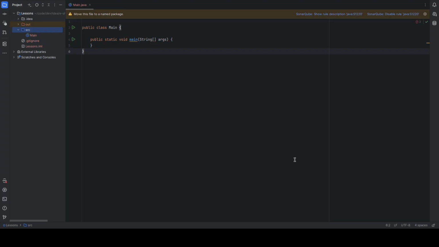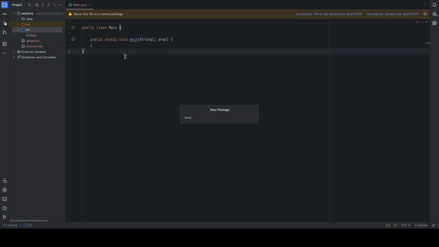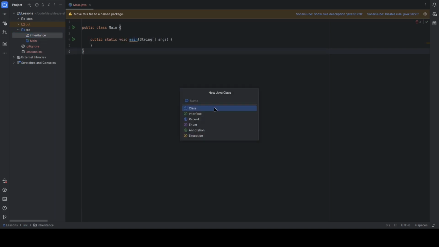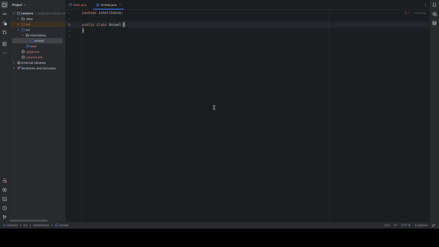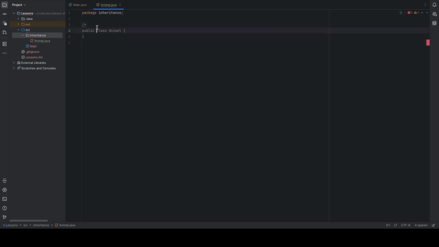And let's implement it in Java. To do this, I will create a package and call it inheritance, and create some classes. First of all, I will create the Animal class, which will be the parent class,